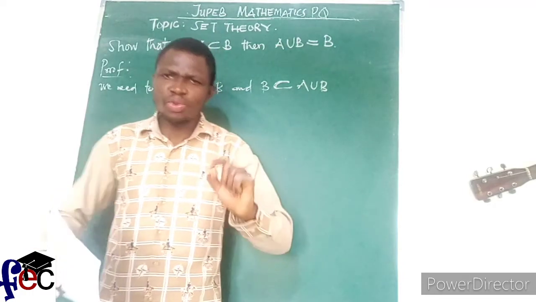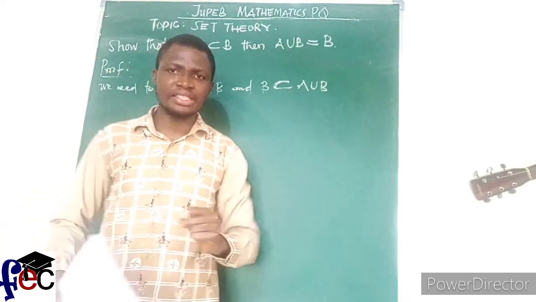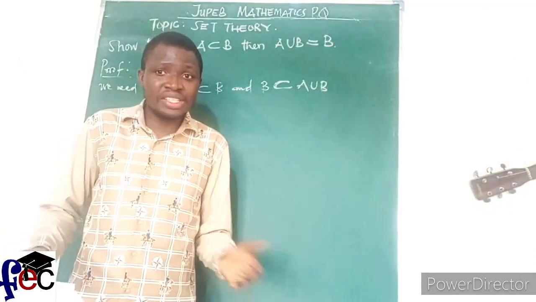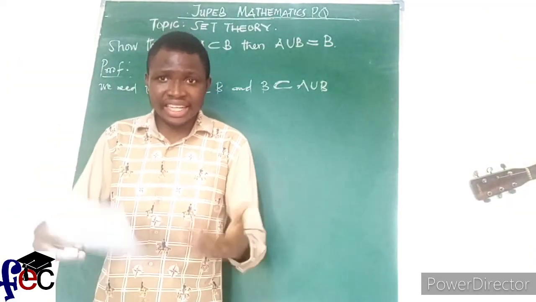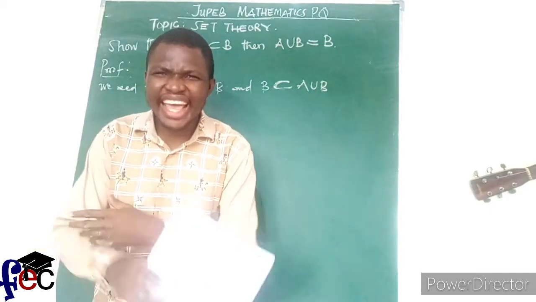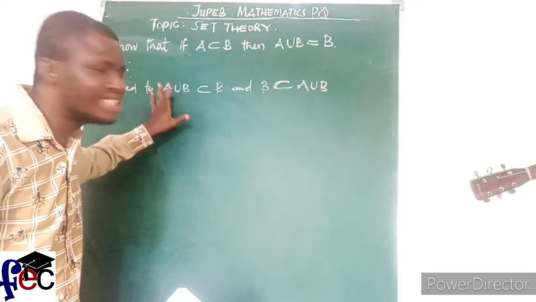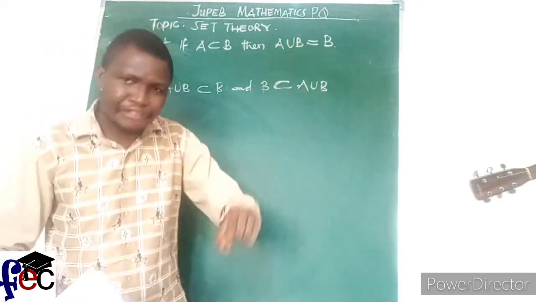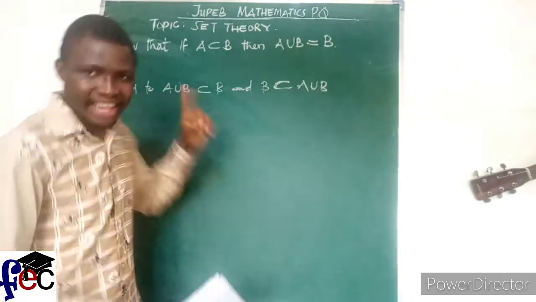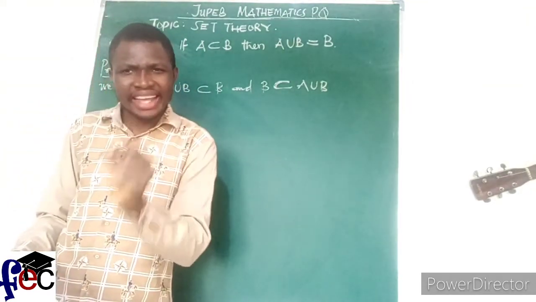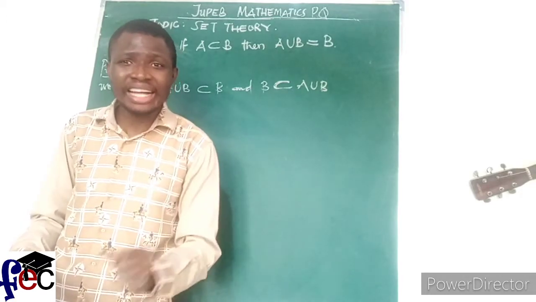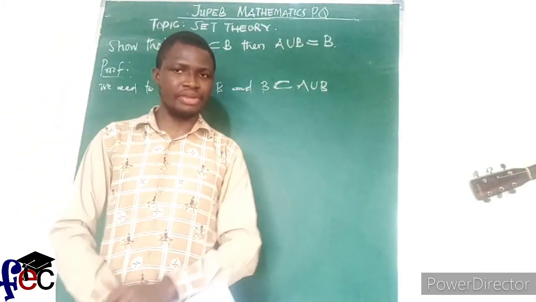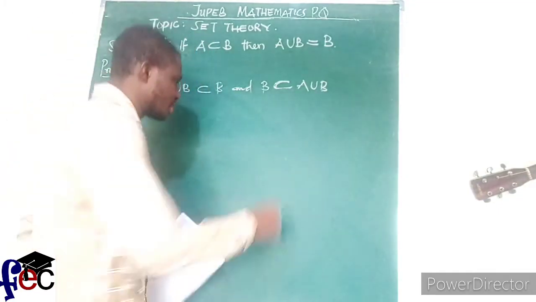So if we decide to pick an arbitrary element in a given set, say A union B, when we say arbitrary element, it means that the arbitrary letter we are choosing could stand for any element that is present in this set. Just like I said in the previous video, if there are 20 elements here, and I pick any arbitrary element, that arbitrary element can represent any of the 20 members of set A union B. Are you getting it? Let me show you what I'm talking about.